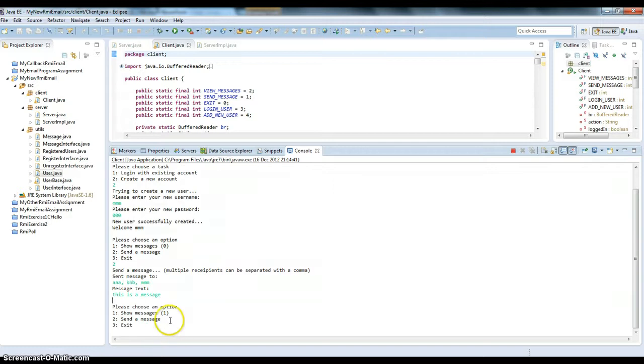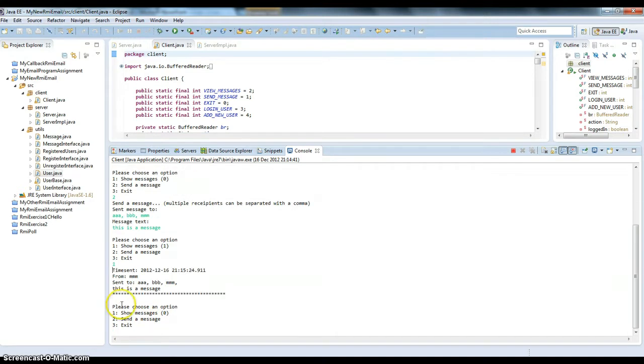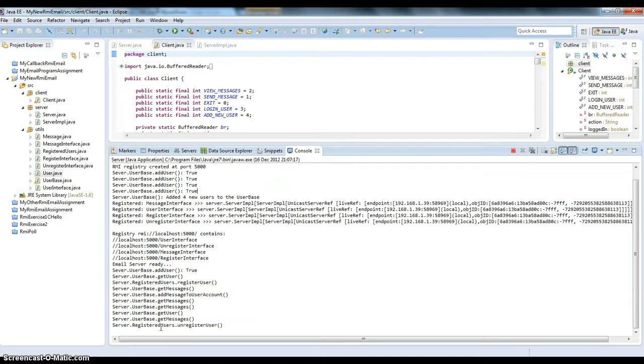That is then sent, and as you can see here it shows that I now have one message. So if I go to view that message, this here is the message that I sent, and it now shows below that there's 0 messages. Since I read it, it's also been taken off the server as well. So if I now press number 3 and exit, we can see here on the server display that the